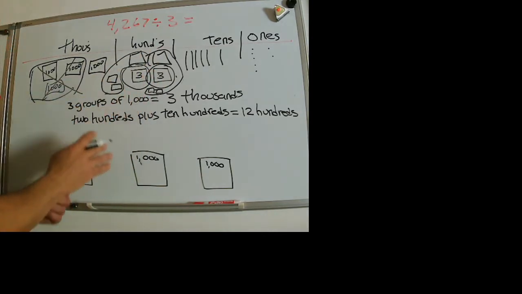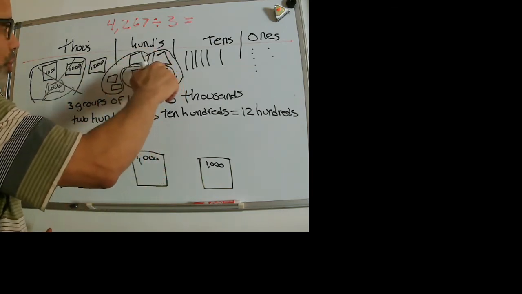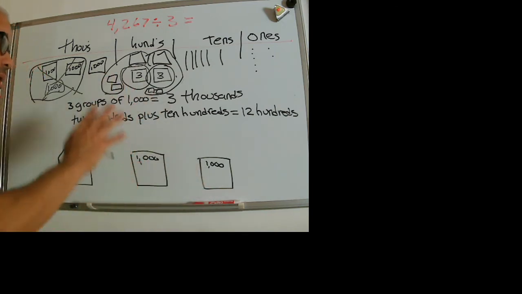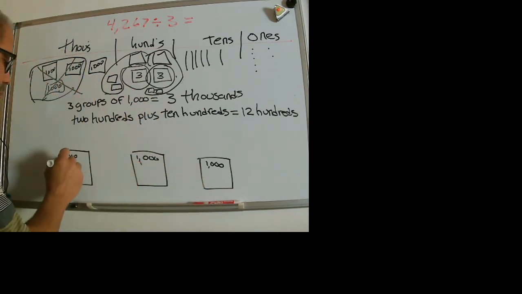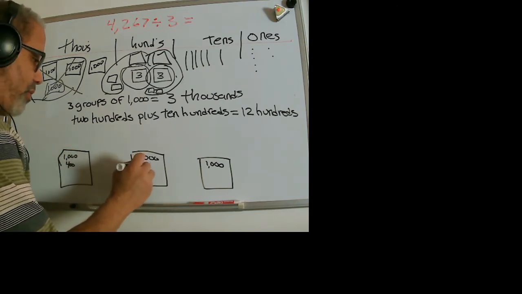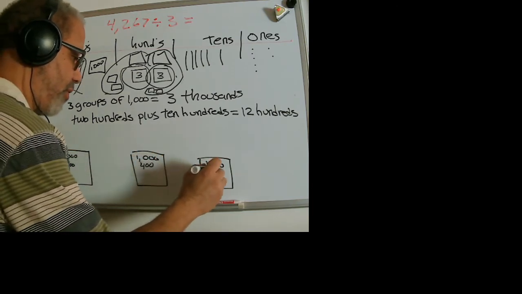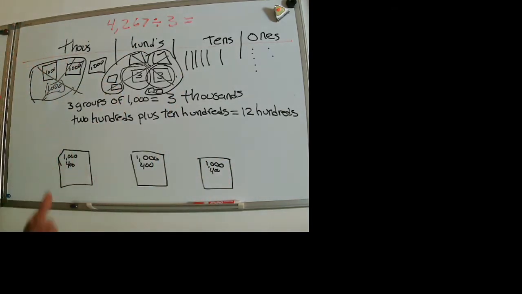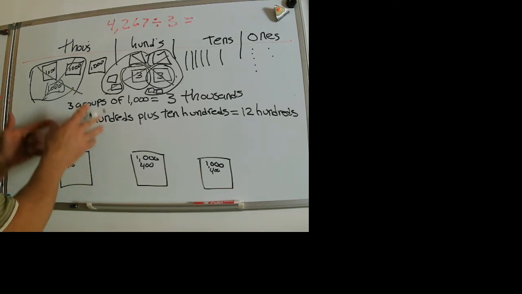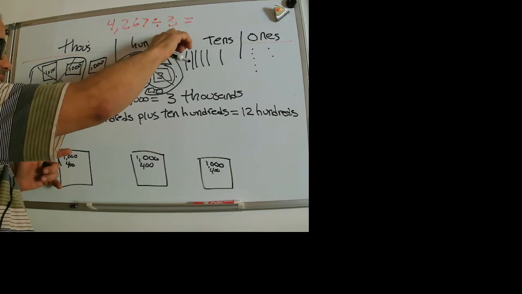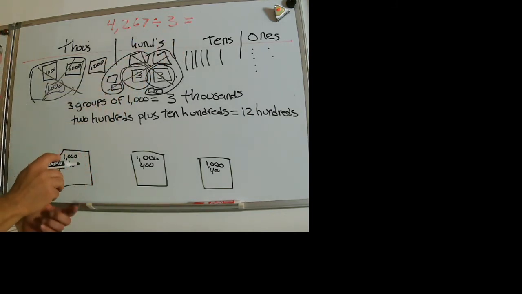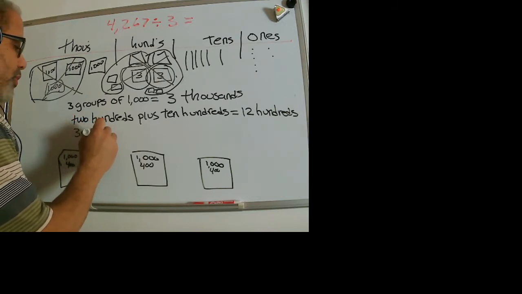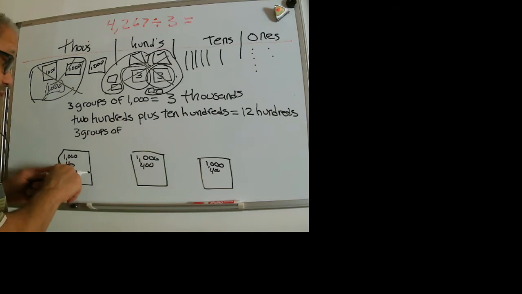So we need to now share them. We have 1, 2, 3, 4 sets of 3, right? So each group gets 4 hundreds. So I'll write 400, 400, 400. All of these are gone. Now comes the multiplication sentence. Since in this problem 3 is the divisor, the multiplication sentence will always begin with 3 groups of. So 3 groups of 400